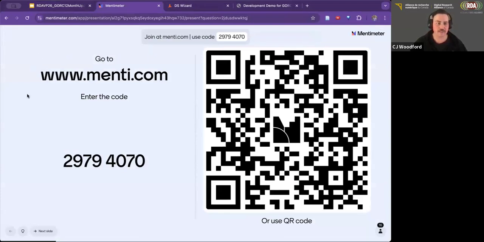If you can't use the link for whatever reason, there is a QR code here if you'd like to join on your phone. Alternatively, you can go to menti.com and enter the code on the screen. So whatever works there. See, there's already 17 people in here. There's 15 people in the chat? Okay, we'll consider that maybe full then. Nice. Good job, everybody.